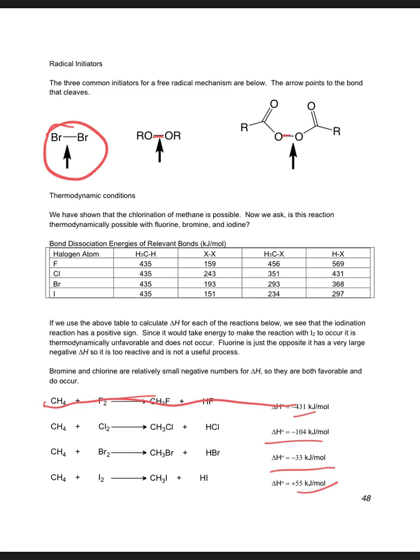The one reaction that's most favorable and the one we can control the most is the bromination. And the bromination is the one that we'll do the vast majority of, because with the bromination, it's selective in how it reacts, and it's going to go primarily to the most stable radical. Okay,